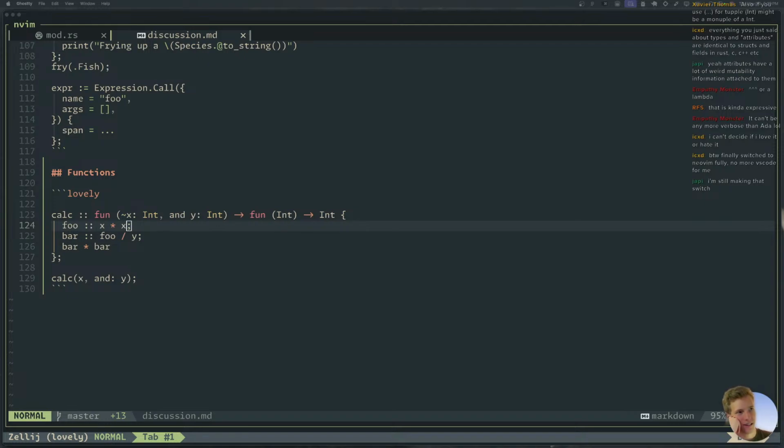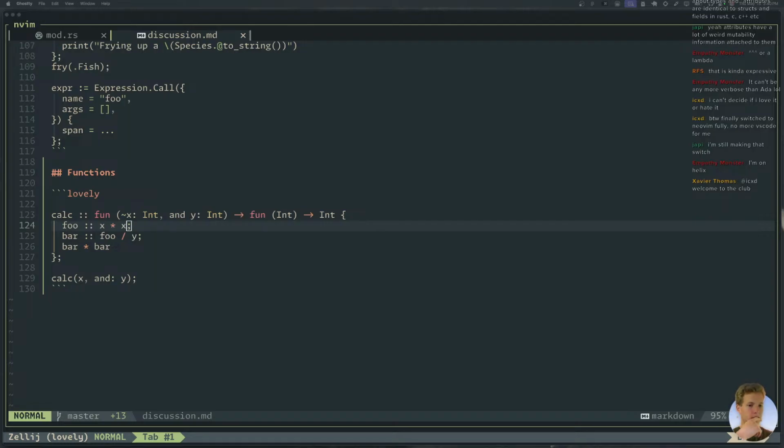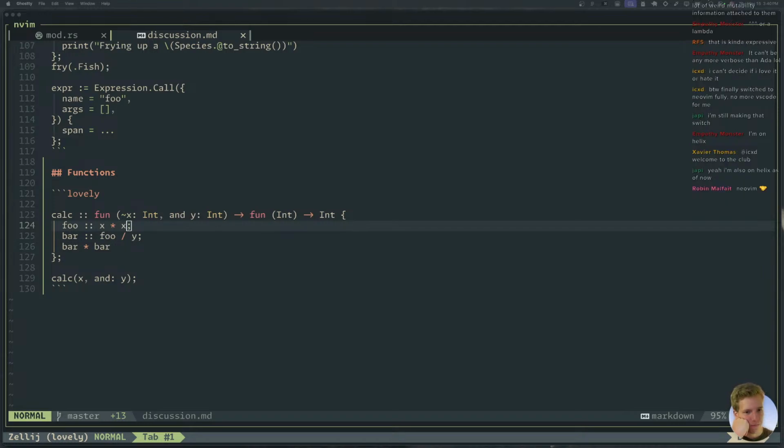Empathy is on Helix, oh dear. I definitely have my eye on Helix, but I'm not really close to ready to think about switching yet. Jappy's also on Helix as of now. I downloaded Helix like last week or something and was poking around for a little bit. Robin's also on Neovim, cool. Yeah, it doesn't have a plugin system. That was like the biggie. It's like, I'm not gonna be able to do any of my cool things.